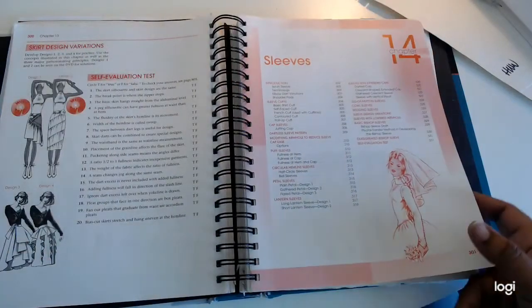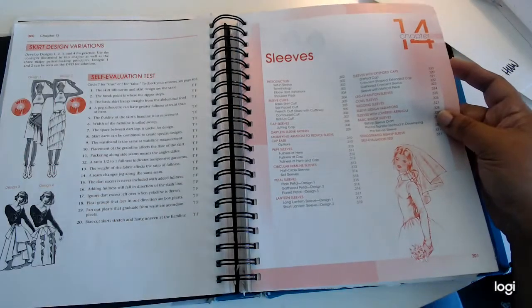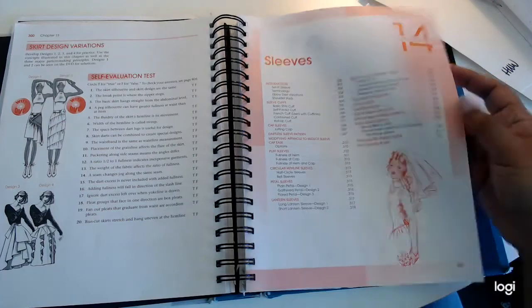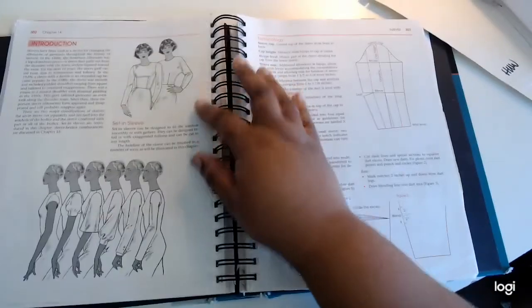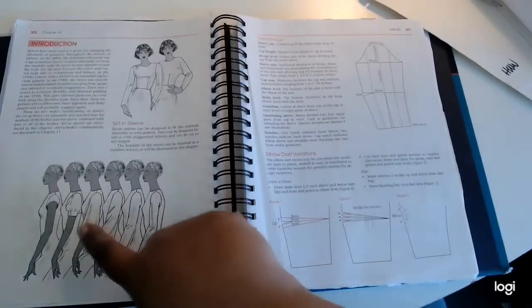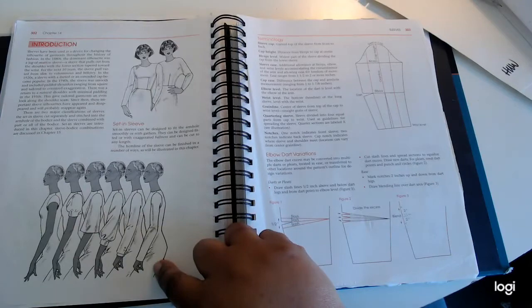So the next section that we'll start on is sleeves, and this is in chapter 14. We will actually be drafting the cap sleeve and the dartless sleeve. So there is an introduction on page 302, which shows sleeve variations and designs in this graphic, and then talks